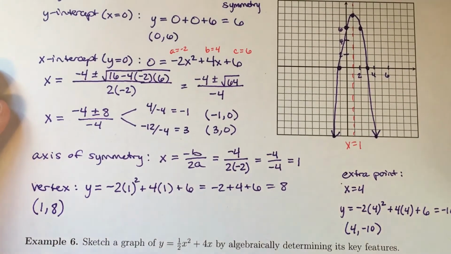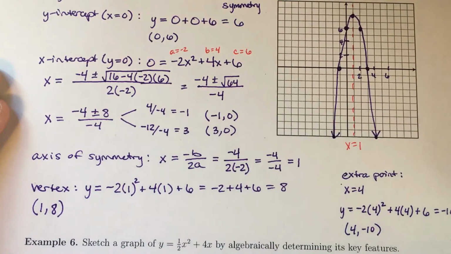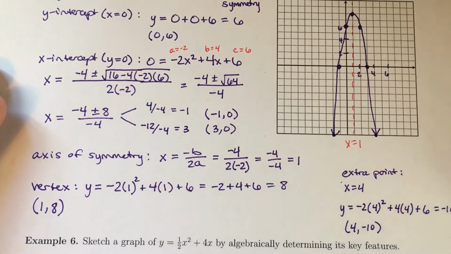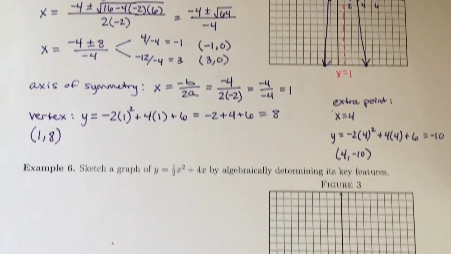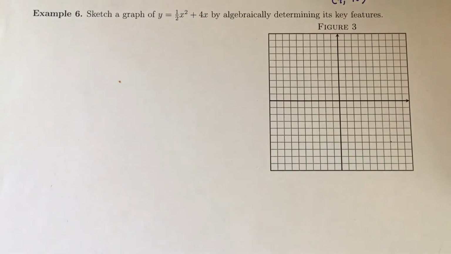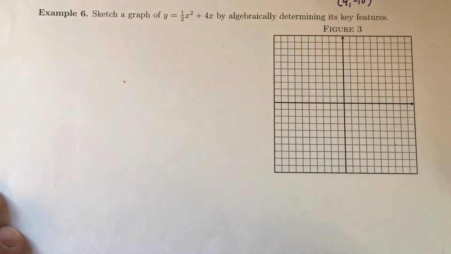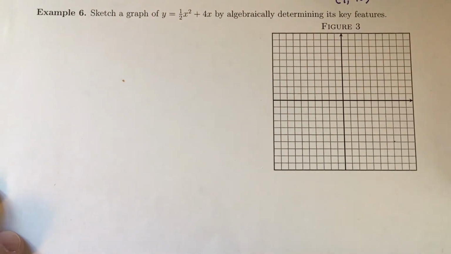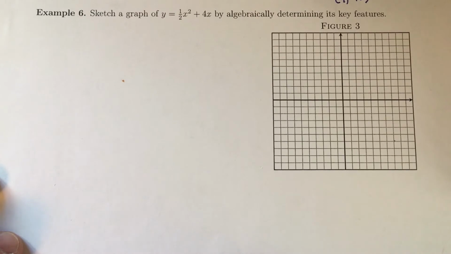Let's try another one, because this was a lot, right? We're putting together a lot of things we've been learning. So let's try another one and make sure this all works out. So this one has a fraction. We can handle it though. It says y equals 1/2 x squared plus 4x, and we're going to sketch a graph by algebraically determining its